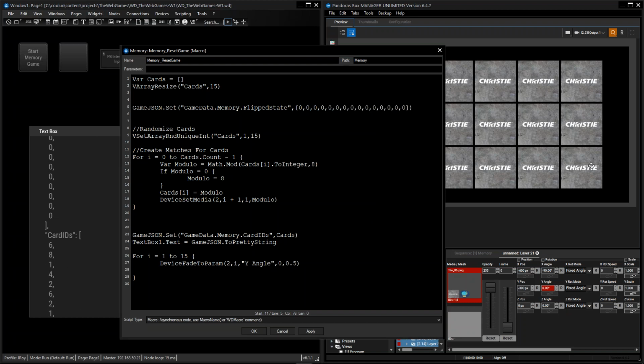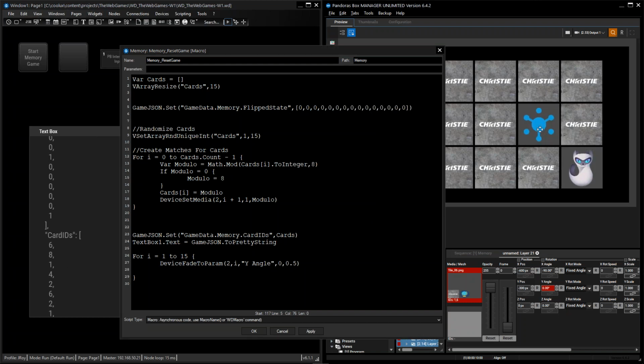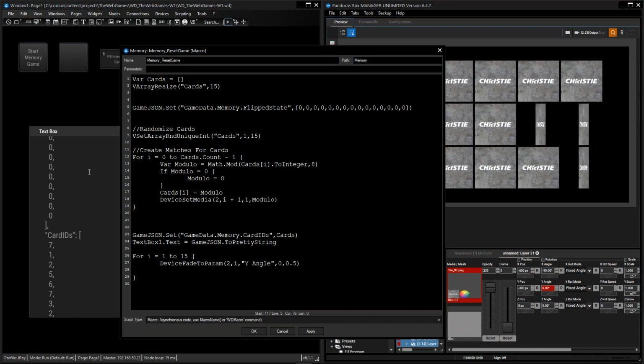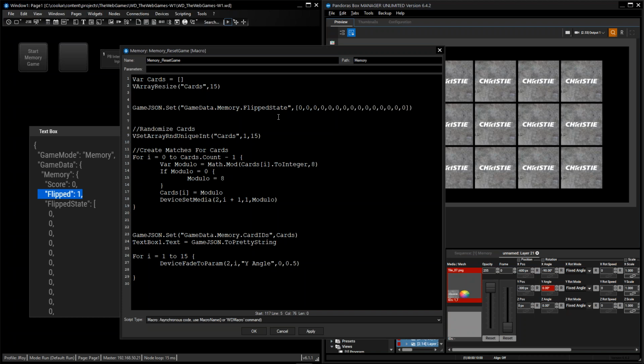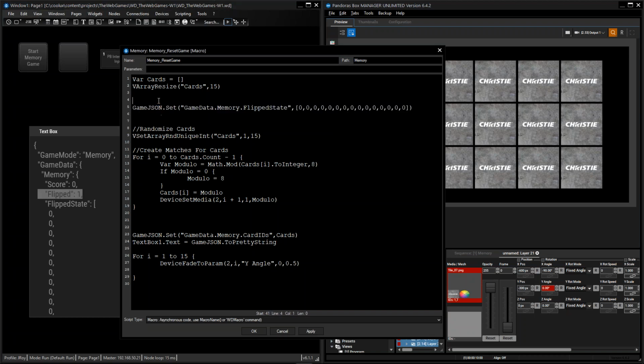And here we go. So again, there are ways to do this. Right now, for the sake of expediency, we'll just do that. So now when we reset the game, we see they're all flipped back to 0. And we also want to tell flipped to go back to 0 as well. So we're going to say, we'll comment this, reset JSON variable